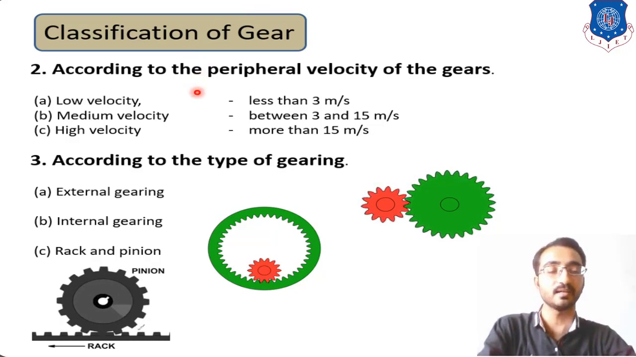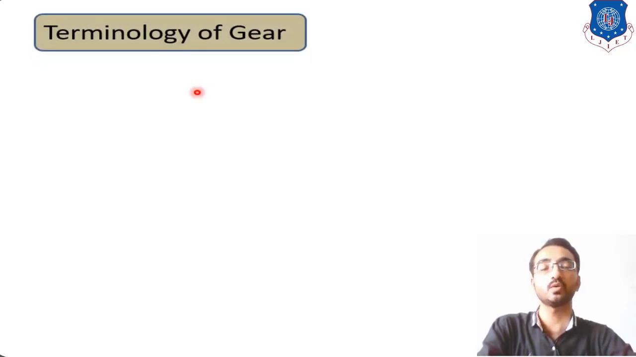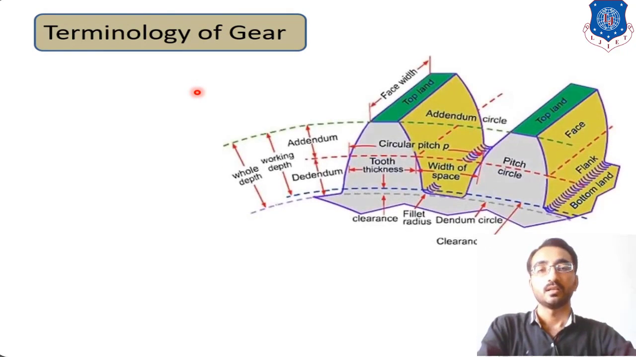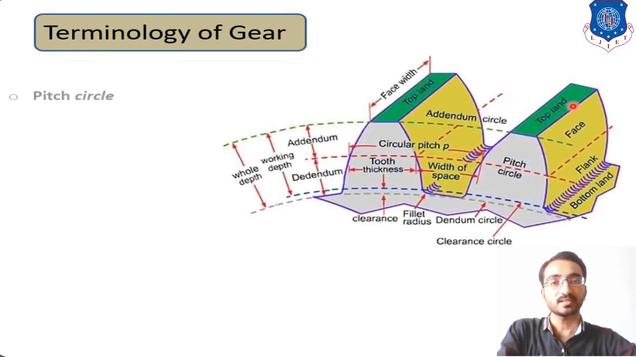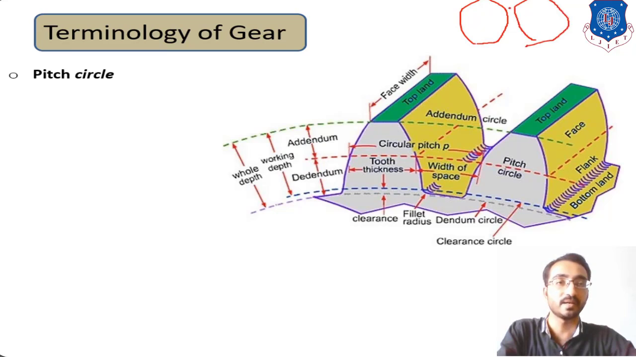Now let's learn some terminology which is very useful and essential to learn about gear. Over here, the first terminology is known as the pitch circle. Let's learn how this pitch circle came into the picture. Let's consider that gear A is meshing with gear B in such a way that we are sketching this arrangement. Over here,